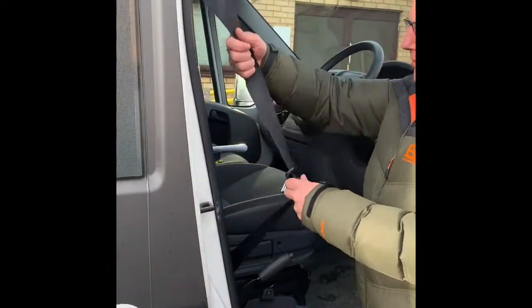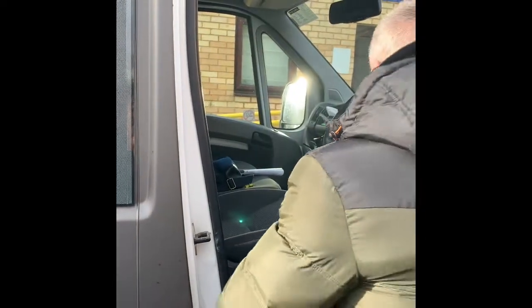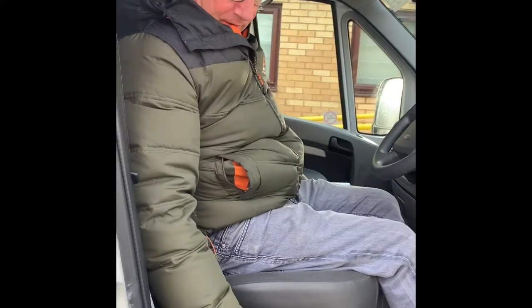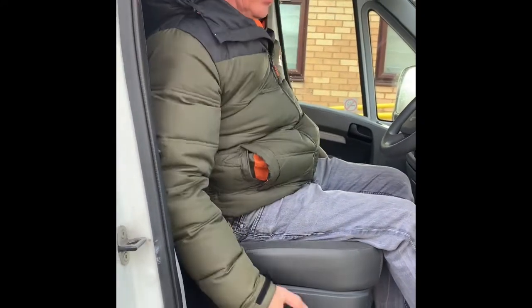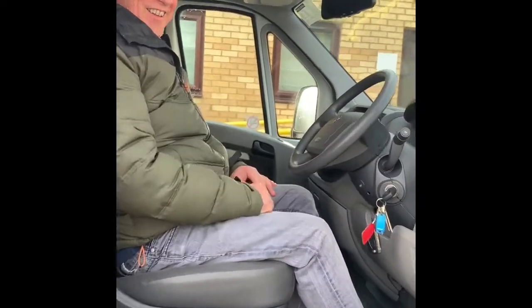Next thing you do is check the seat belts. Give them a bit of a tug. Remember, there's 3 seat belts in the front of the van. The engine's still running, just gently warming up. If it's a cold morning, put the heater on. And you're just checking the handbrake. Make sure you cover your foot on the foot brake as well. Give the horn a little toot,